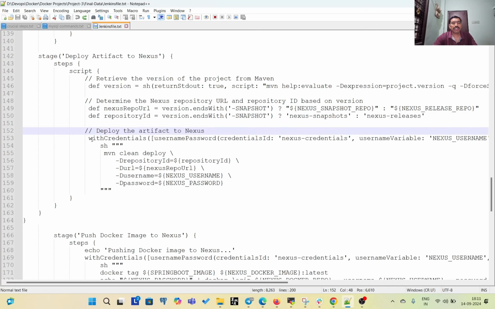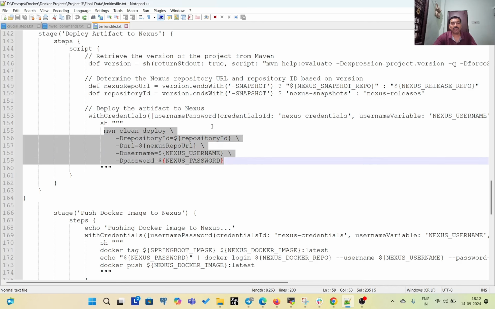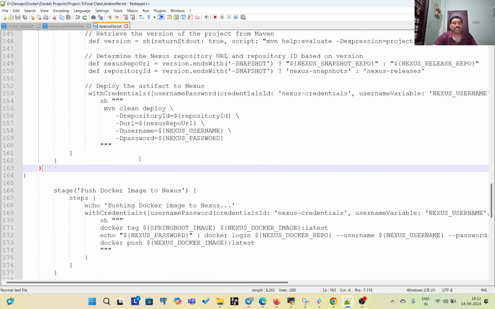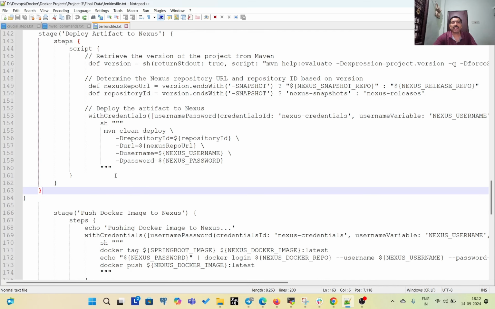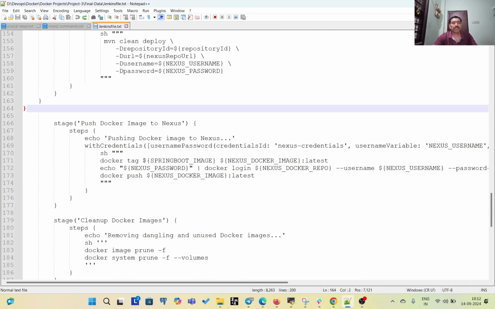Here also it will use the credentials we stored in the Jenkins credentials, username and password. Based on those credentials and these variables, it will deploy our artifact into the Nexus repository. Based on the version, it will choose the right repository and deploy our artifact into that particular repository. Once deploying the artifact into the Nexus repository is completed, it will push our Docker image